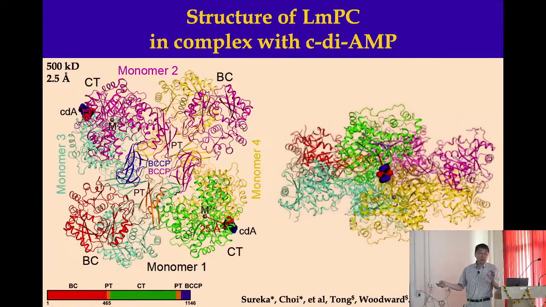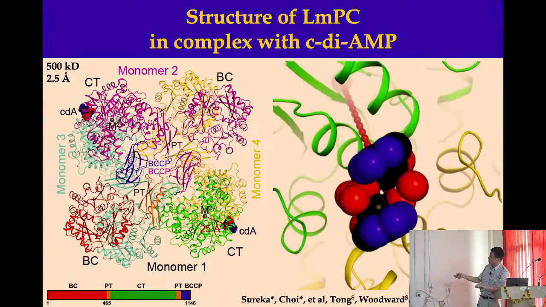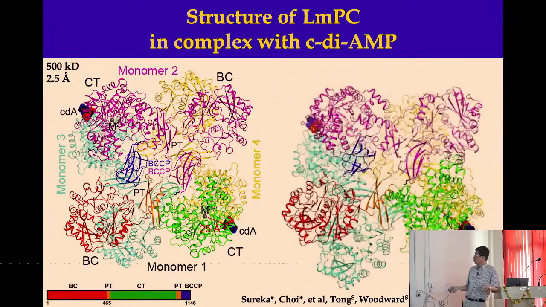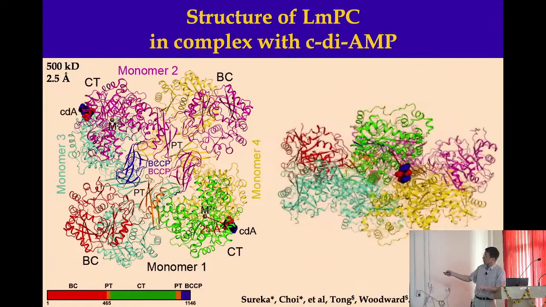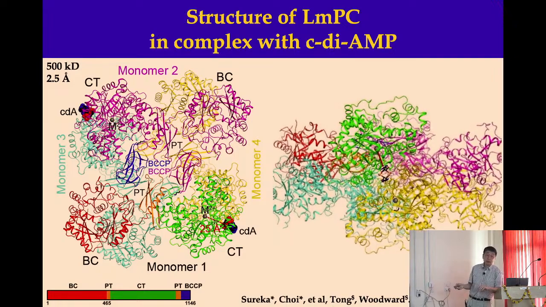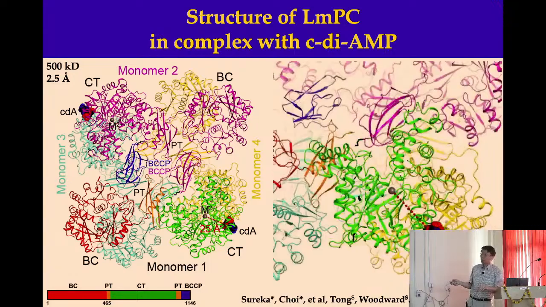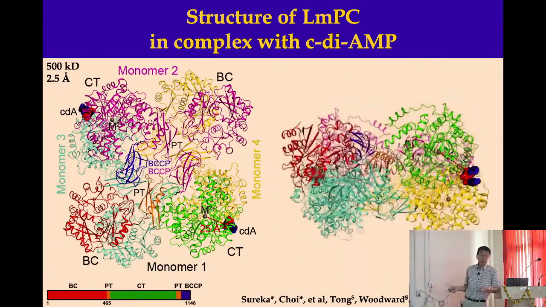The molecule you can see is twofold symmetric, so it binds right on the twofold axis of CT. But still, it's quite far from the active site. The active site is signified by this metal ion in the CT active site. So definitely it's allosteric. So then the question is, how does binding a compound way out here control catalysis?